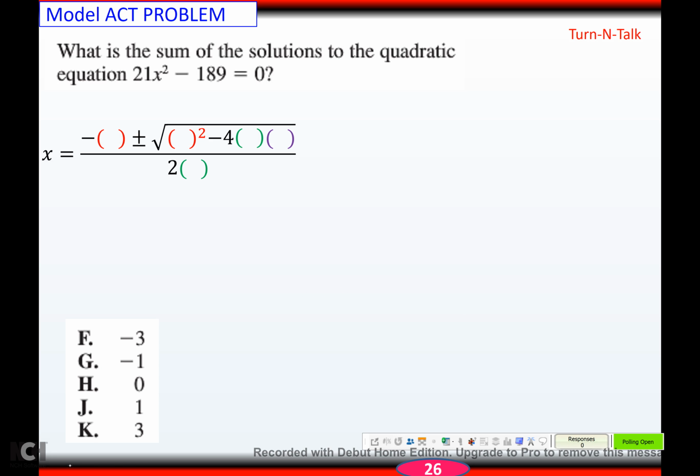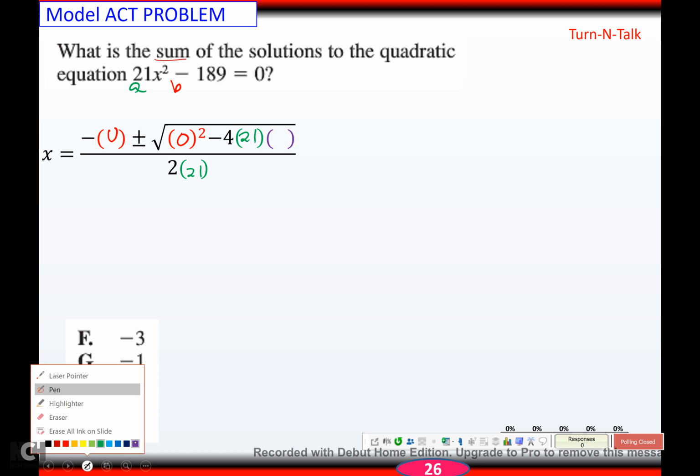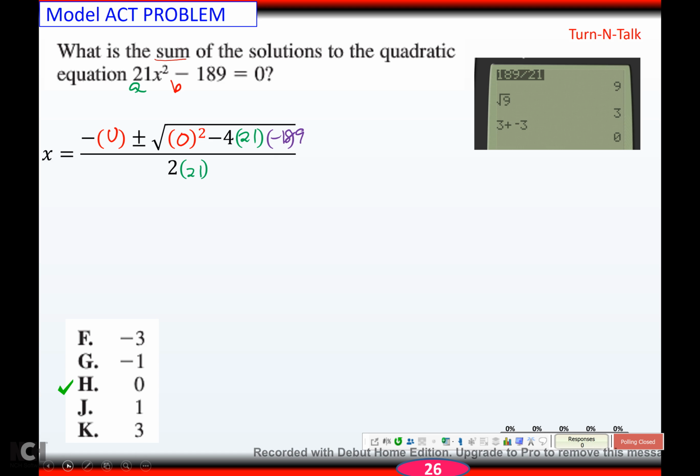Alright, hit pause, come back when you're ready. And hopefully you got 0. Alright, so we've got this problem here. They want the sum of the solutions to this quadratic. Well, it's in quadratic form, which tells me b is 0, because there is no b term, there's no x term. A is 21, and C is negative 189. Typing just what's under the radical,